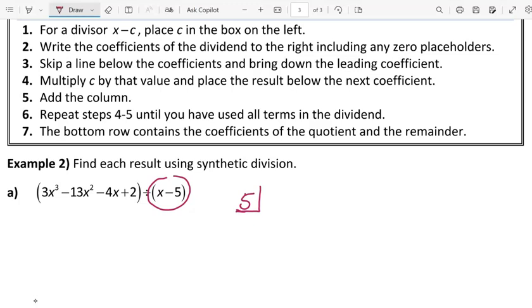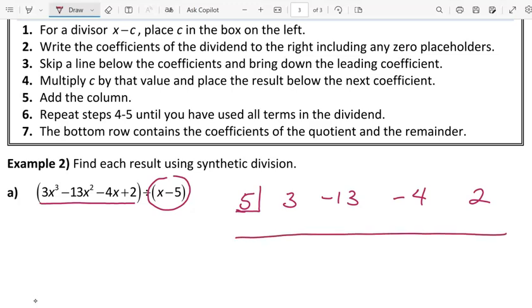And so now we're going to place the coefficients of the dividend right next to it. So we start with a 3x cubed and a minus 13x squared and a minus 4 and a plus 2. And we're going to leave a line blank beneath that and then draw a line. First thing we'll do is bring down that 3